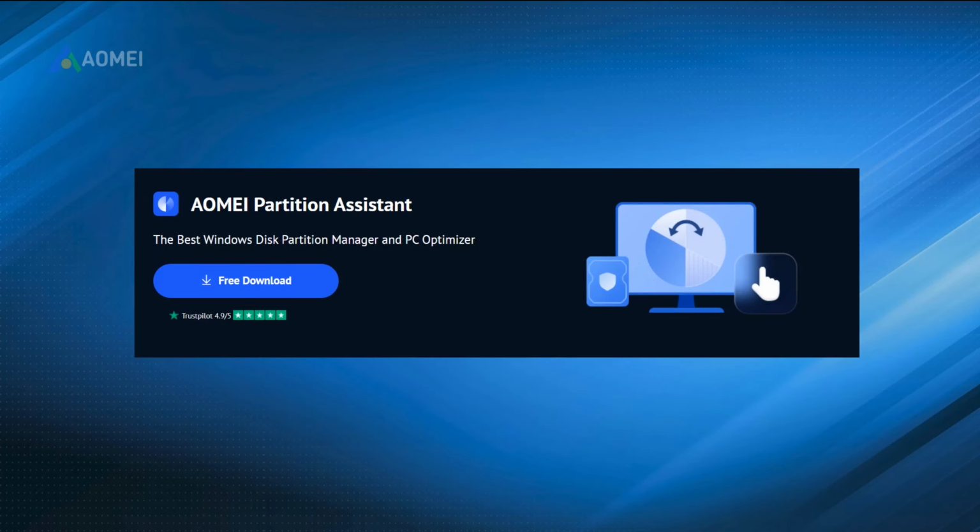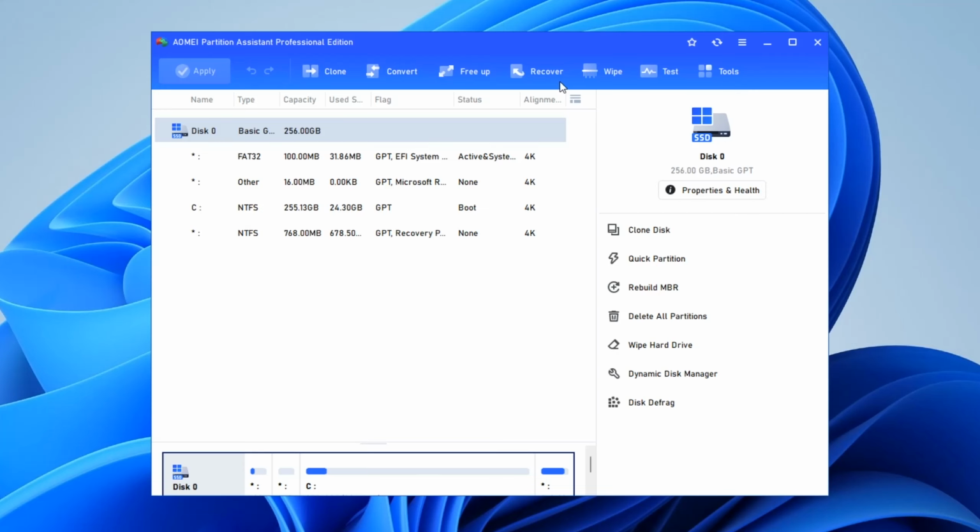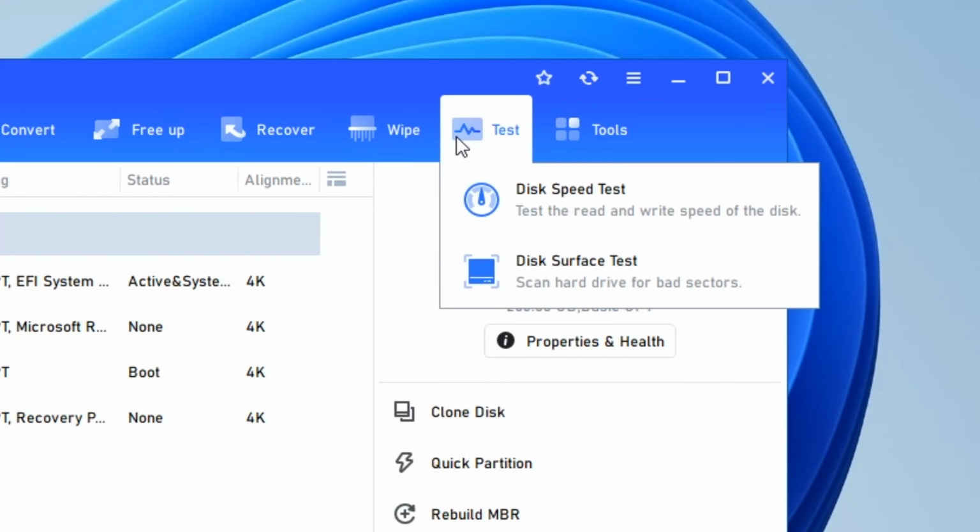Option 1. AOMEI Partition Assistant Standard. Step 1. Download and install AOMEI Partition Assistant Standard. Step 2. Launch this tool, select the disk you wish to test, and click Disk Speed Test under the Test